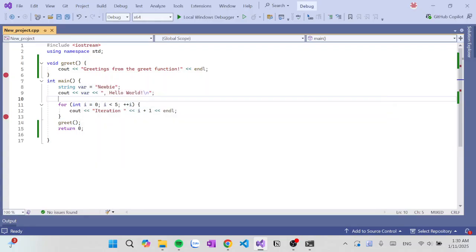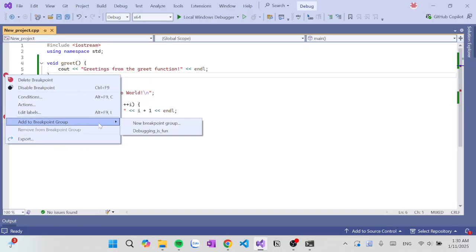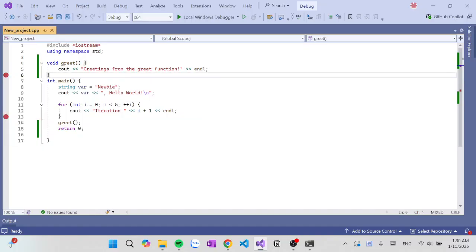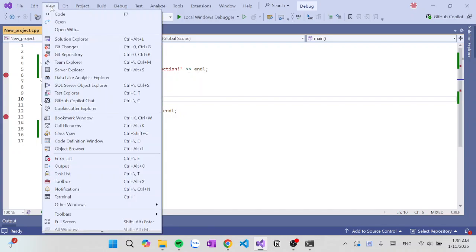Okay, and now I want to add this to the debugging is fun group first. I right click, add to breakpoint group, debugging is fun. And now we can open the window from here. Let's see, where is it?